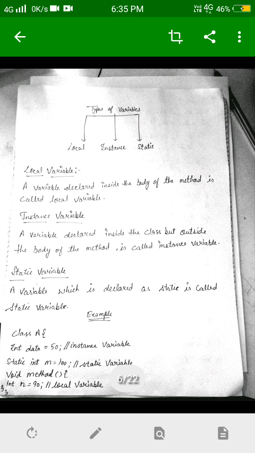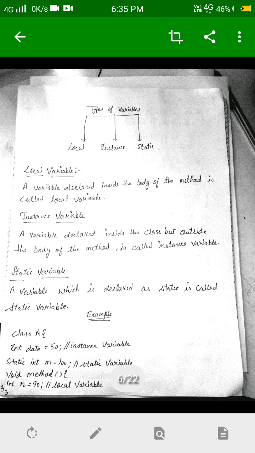It means that you have initialized this variable with the value 50. It is an instance variable. Instance variable means a variable which you declare before the main method, inside a class.